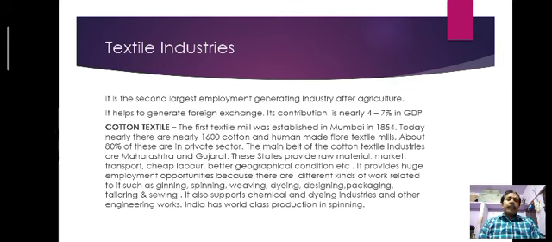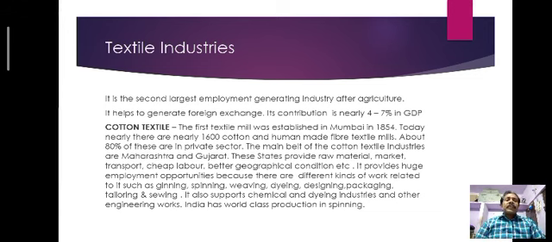So here, 4 to 7%, according to our book, is given as only 4%, but it has increased at a faster rate. That's why I have given 7% here. But according to our book, it is 4%. Now, as I told you, the textile industries contain cotton, wool, silk. So here I am going to discuss the cotton textile industries.